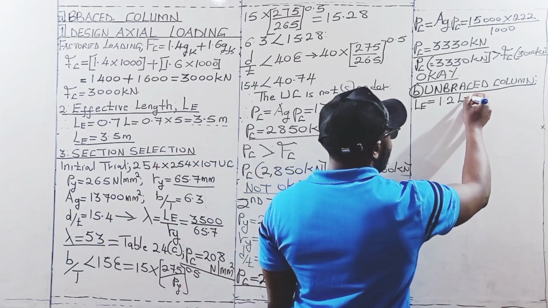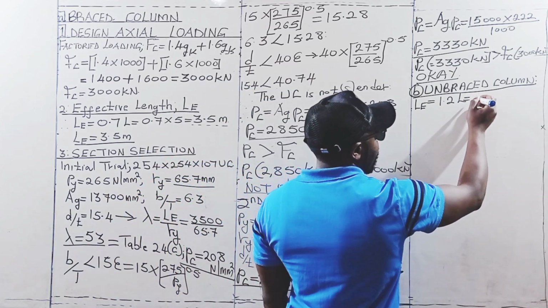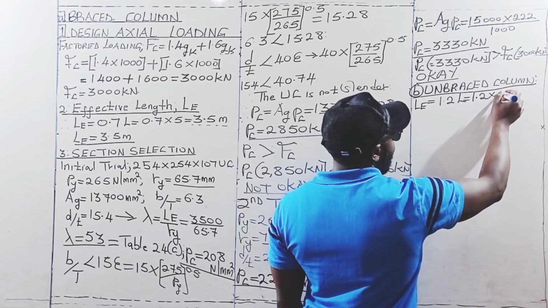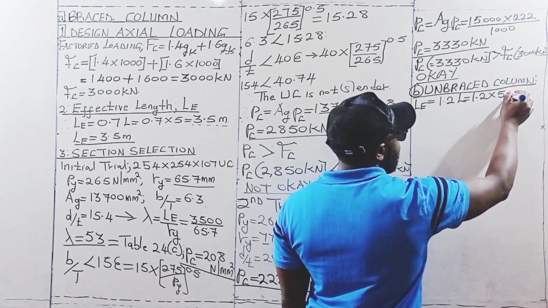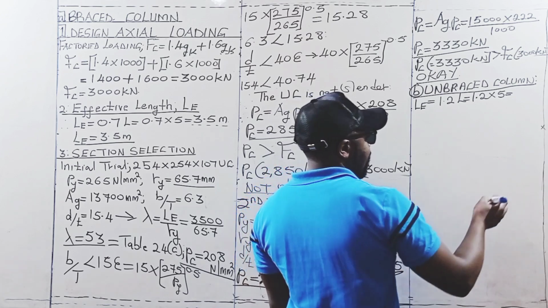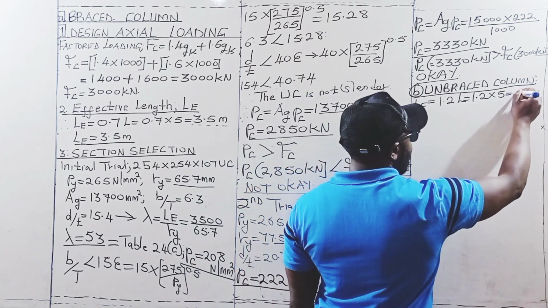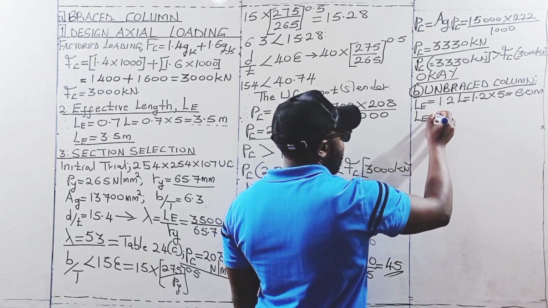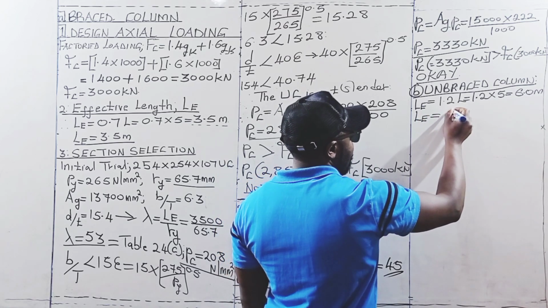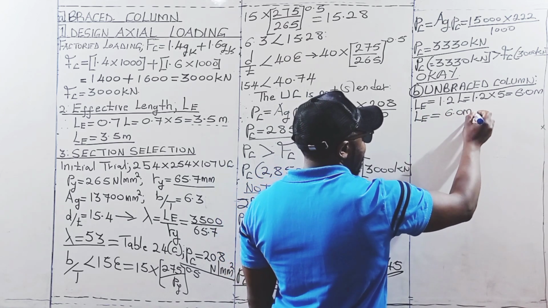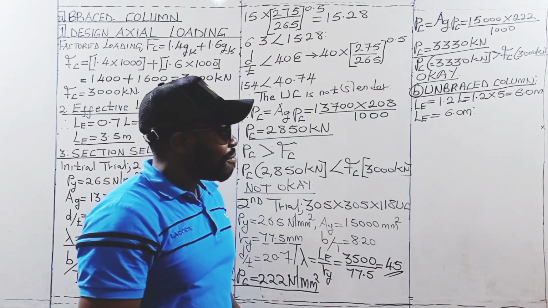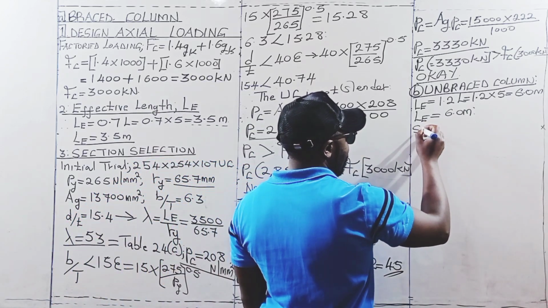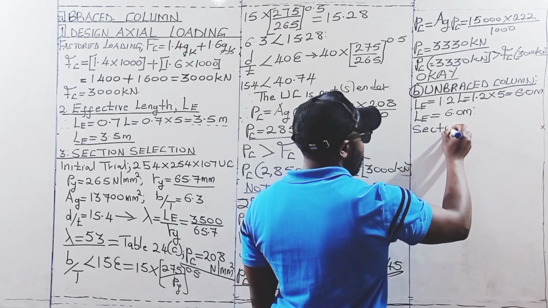Therefore, the effective length for the unbraced column is going to be 1.2 times the length of this column, which is 5 meters, and therefore that is going to be 6 meters. Then from there, we are going to select a suitable section. Therefore, section selection,